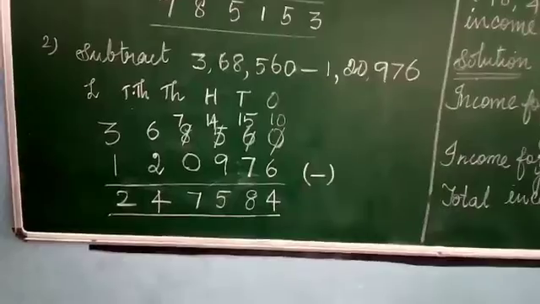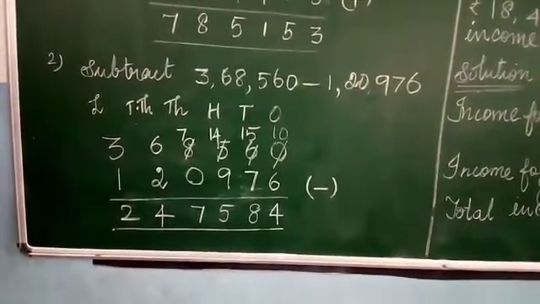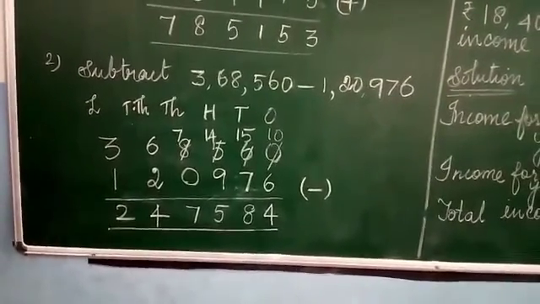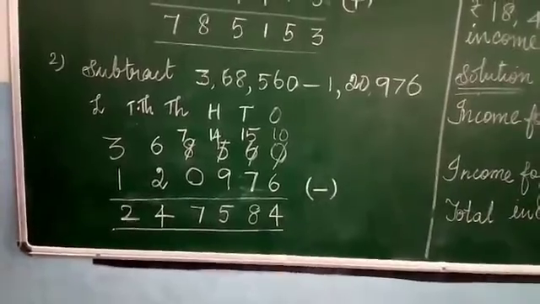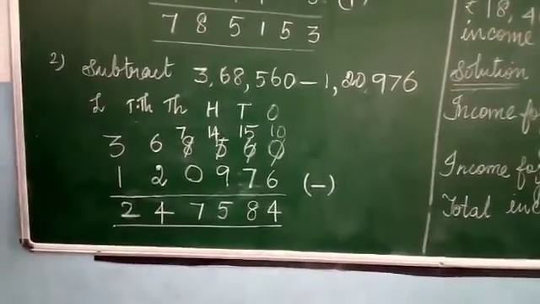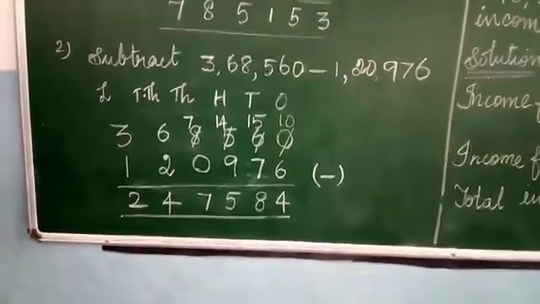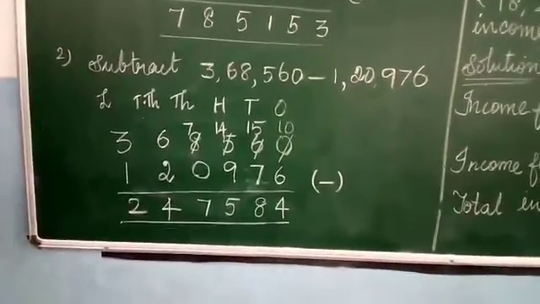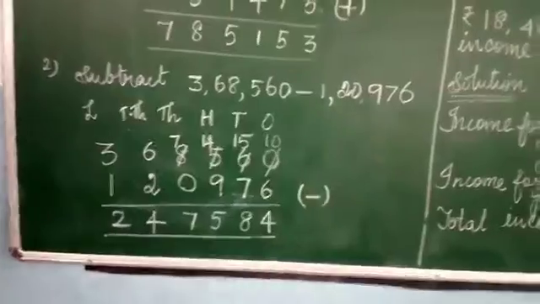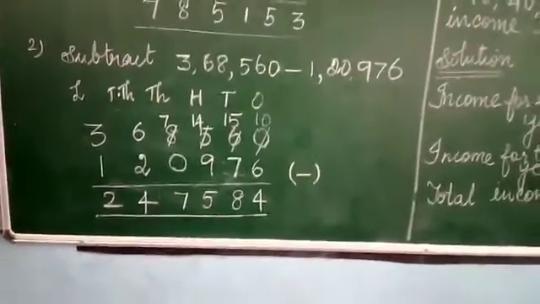That means ones in the ones place, tens in the tens place, hundreds in the hundreds place and so on. So see here, we are going to subtract from the ones place. See the ones place, the first number is 0 and the subtracted number is 6. Shall we subtract? No, we cannot subtract. Why? Because 0 is a very small number. So what can we do? We are going to borrow from the tens place.